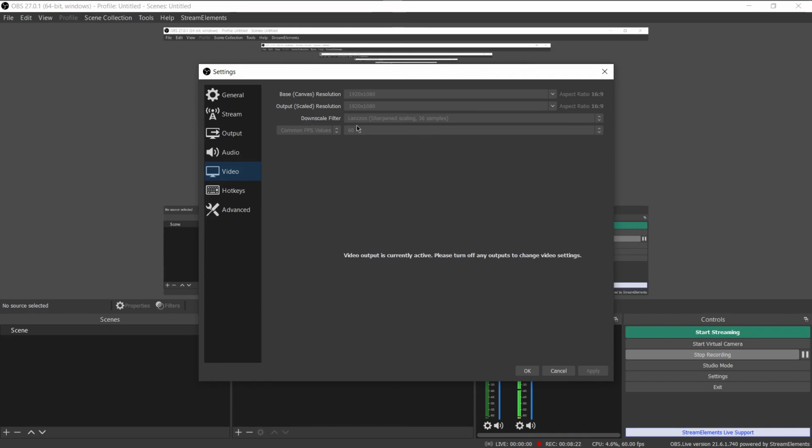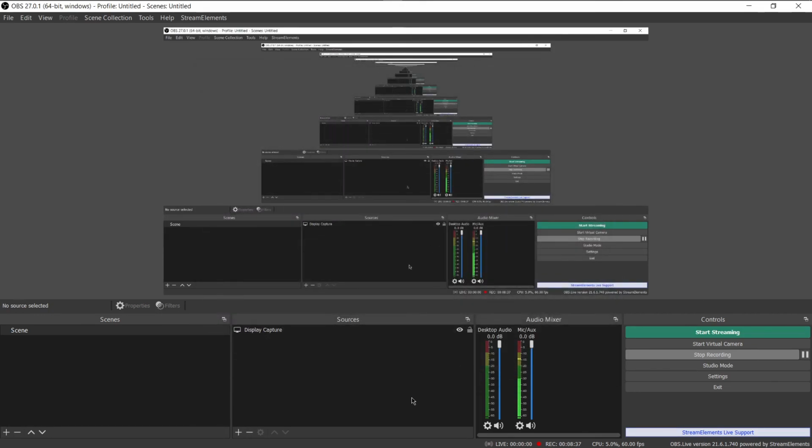Put the downscale filter to this one, sharpen scaling 36 sampled one, and the FPS should be 60. And just put all these settings on and click on apply, and then press OK. And that's all that you needed to do to set up OBS for streaming.